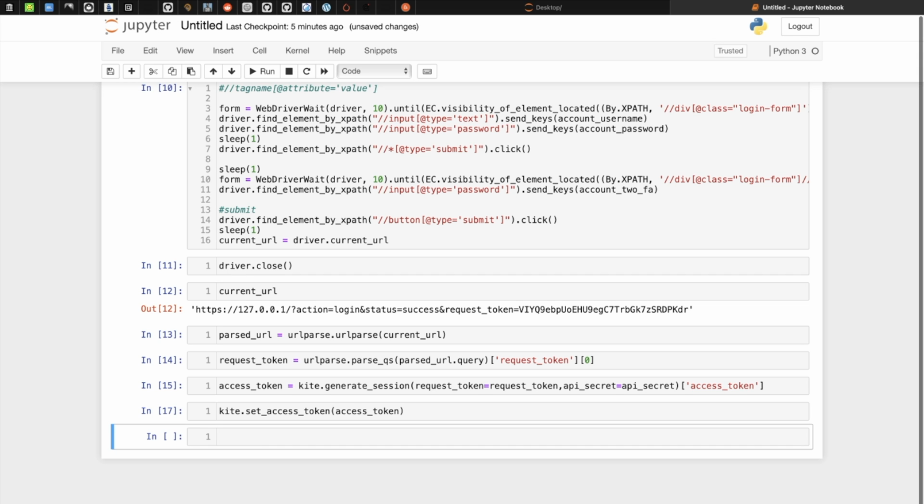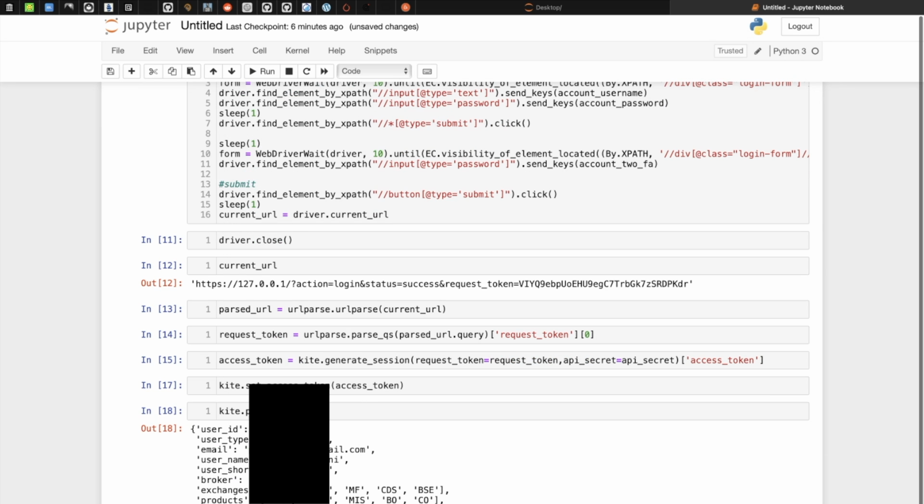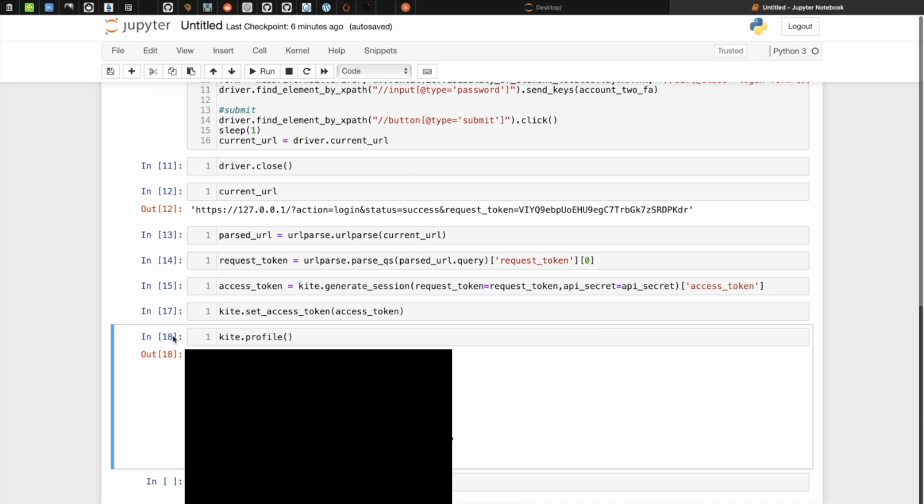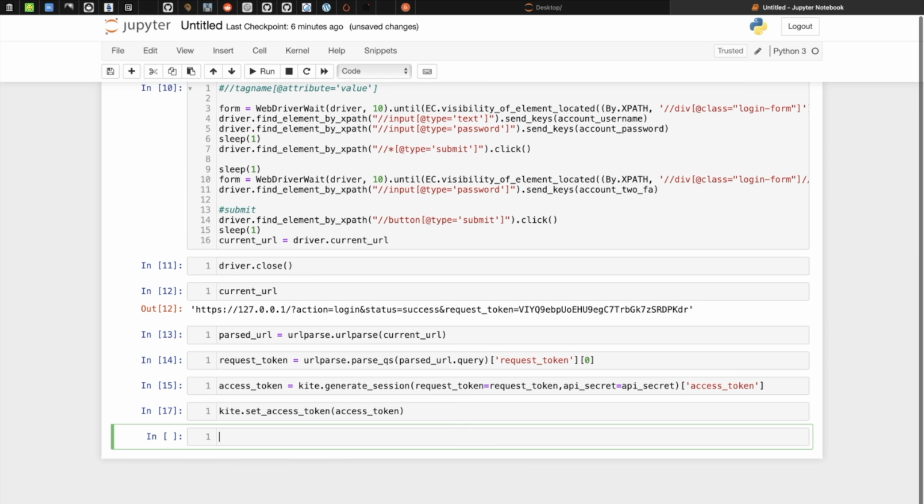Now let's check the profile: kite.profile. As you can see, all the details from that profile have appeared. Now we can get the LTP: kite.ltp.